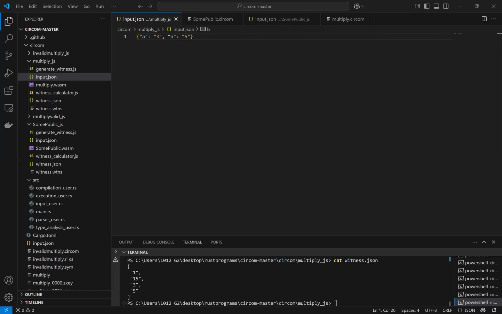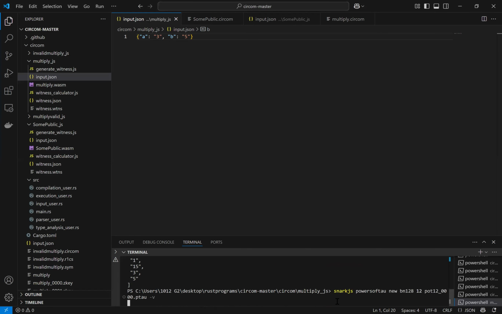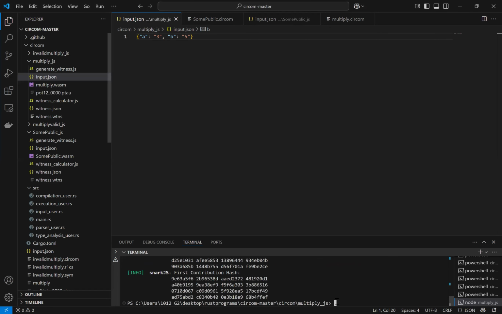So that is the code I'm putting here. Okay, it has given us that. Then the next one is where we contribute,